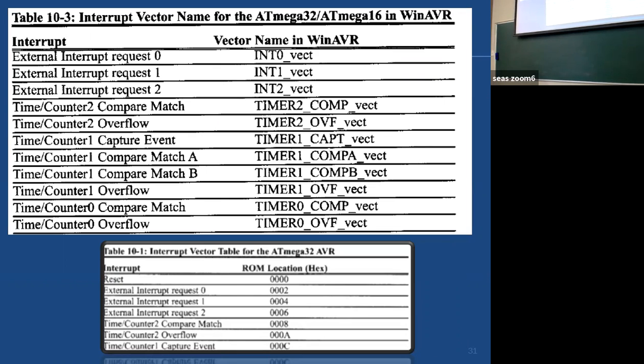INT0_vect if it is interrupt 0, INT1_vect for interrupt 1. These are vector names. Is it clear? Vector names are INT0_vect and so on.